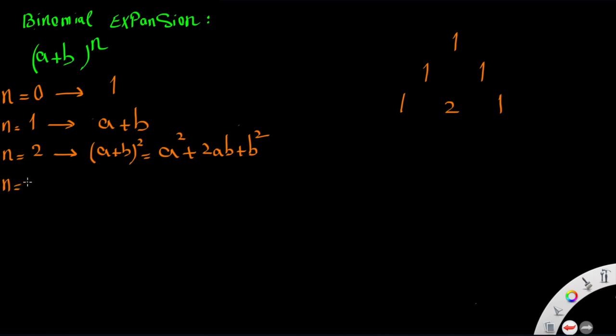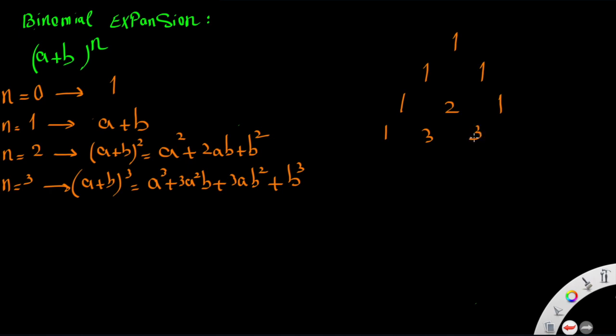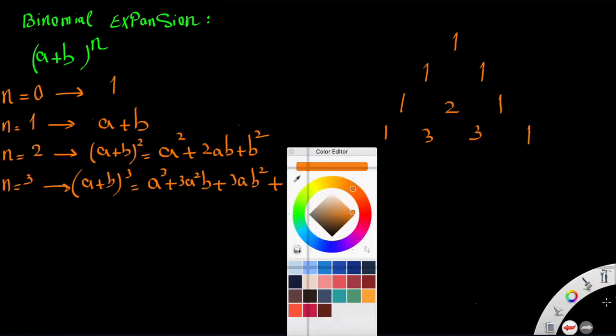If n is 3, so it would be a plus b to the power of 3. After multiplication and expanding this binomial, you will get a cubed plus 3a squared b plus 3ab squared plus b cubed. Coefficients are 1, 3, 3, 1. As you see here,